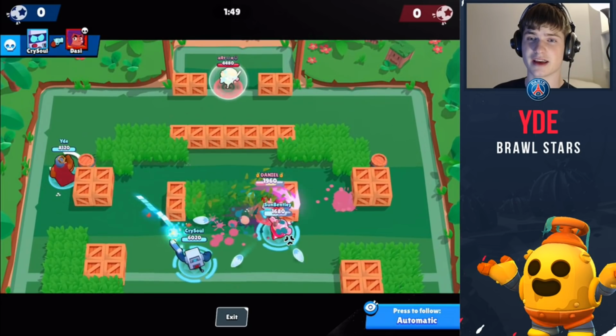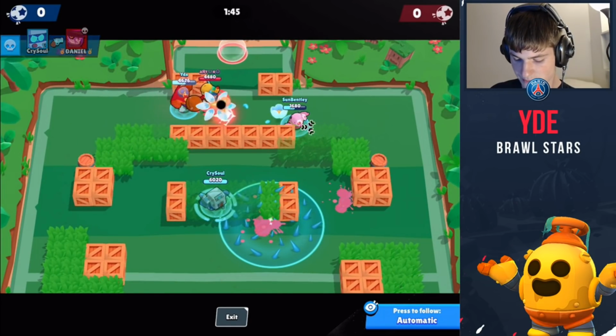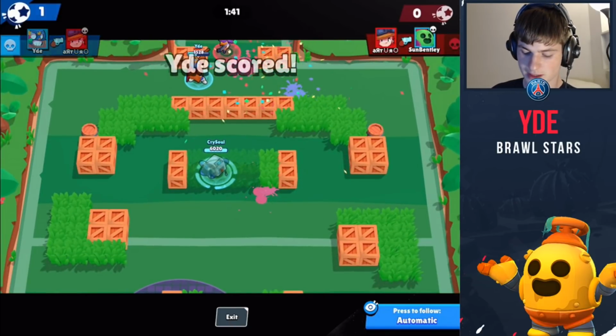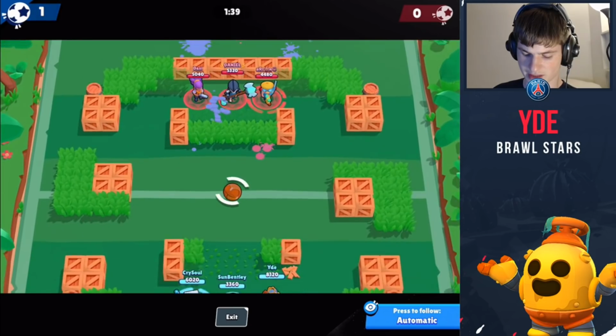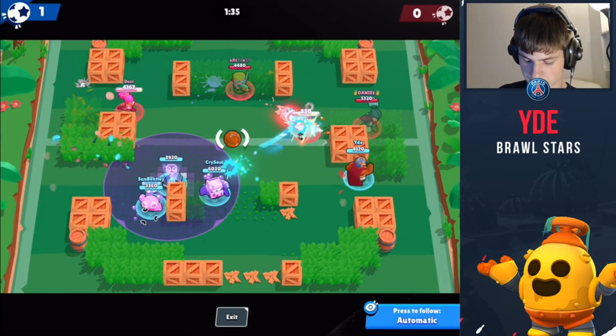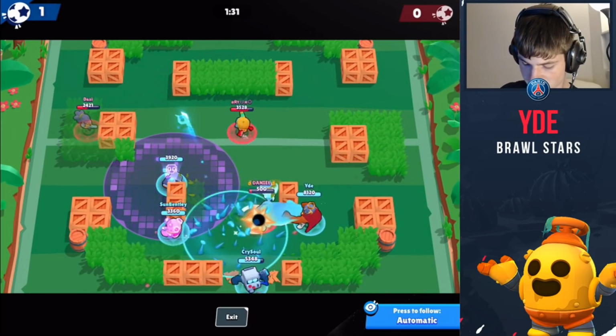But sometimes it's just a bad idea to try to do it, because it will actually end up costing you more time. Here, do a bounce off and shoot at him so I can recharge my super. Don't do that unless you know you're gonna be able to kill them, or you're gonna be able to grab the ball after,